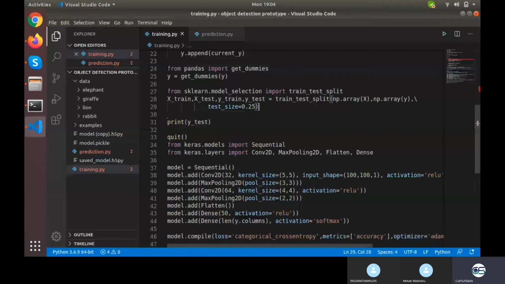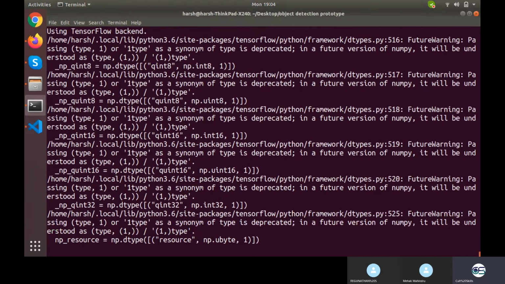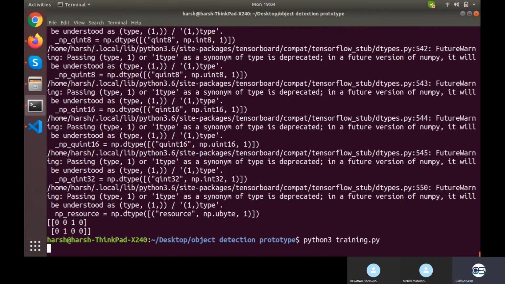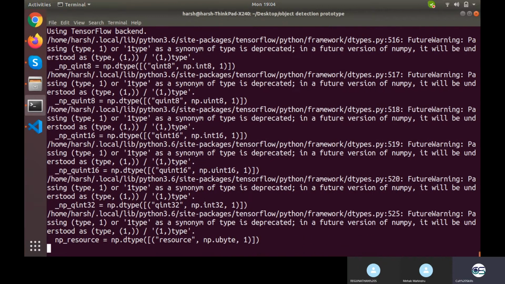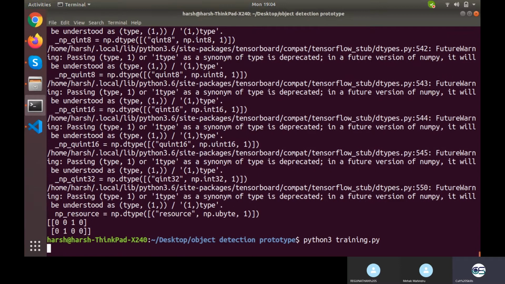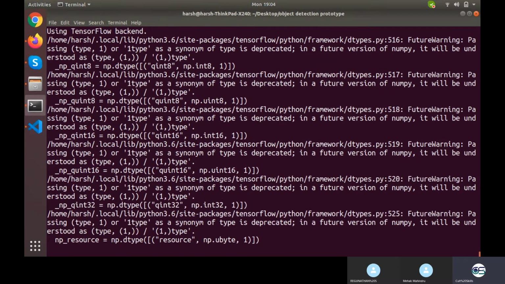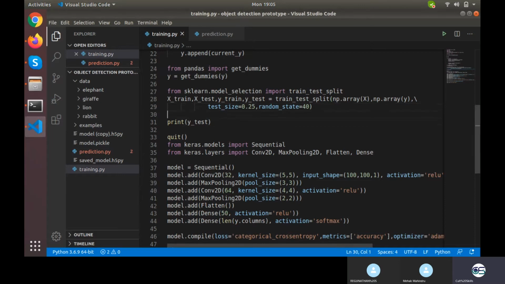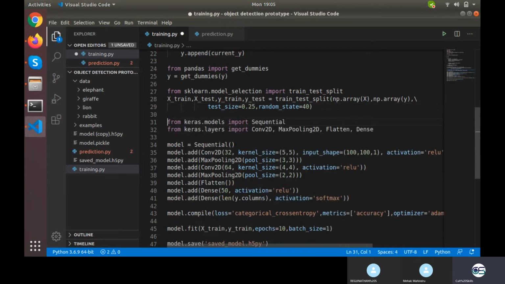Okay, so what I want is for it to be with a particular random value. So the random formula would have the seed 40, 30, 20, anything you can place. So with 40, if you get one output one time, you get the same output all the time. So this is the first time, same on the second time, same on the third time. Fine, so if you change it to 30, the value will change, but it will be consistent on whatever the value is. That is what this random state will do.